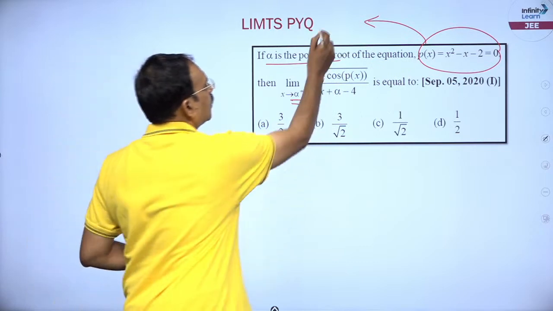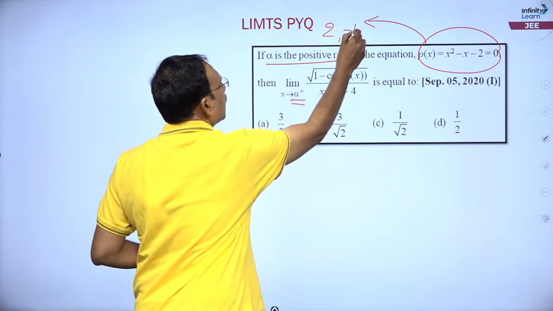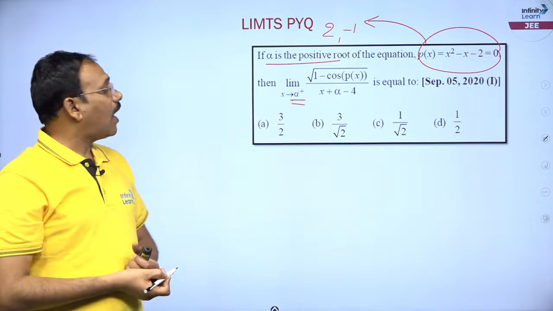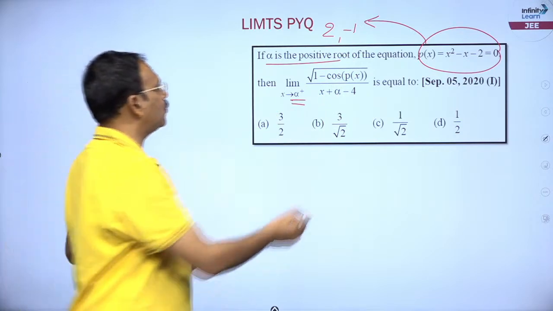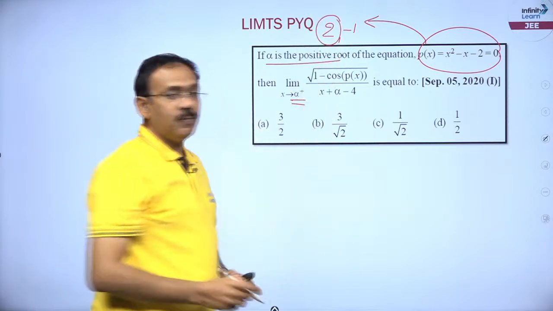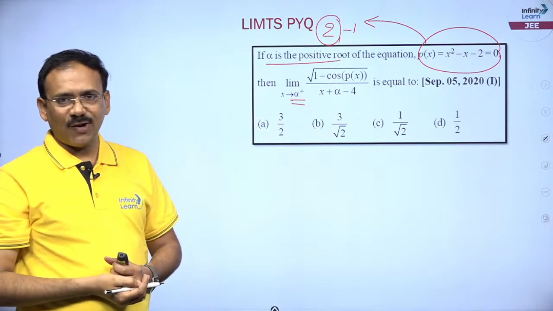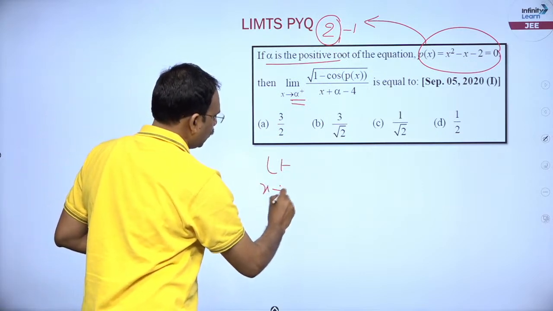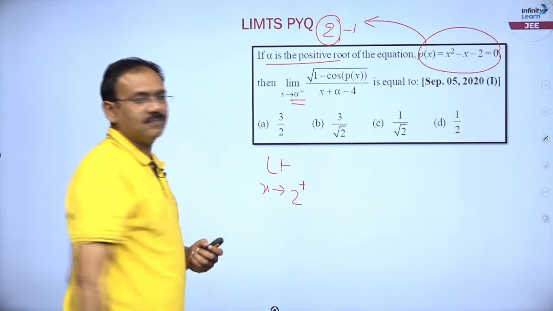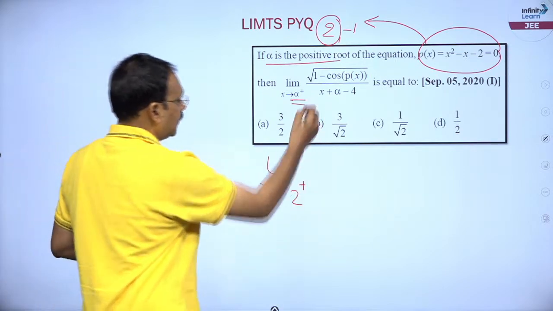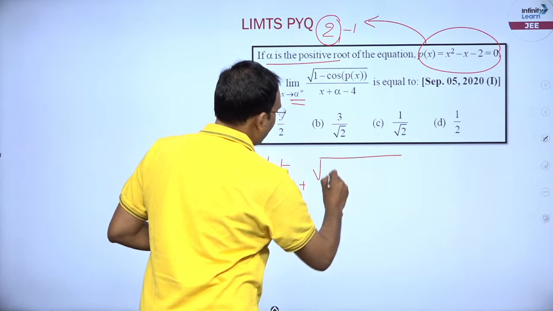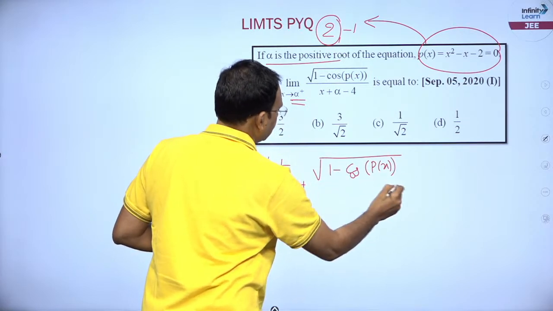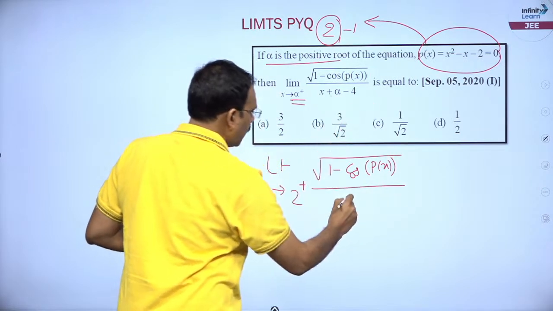Here you see the roots are going to be 2 comma minus 1. Am I correct? By inspection we can easily say the roots. Alpha is a positive root, so the alpha value is going to be 2. So the limit will be like limit x tends to 2 plus, next root of 1 minus cos of the polynomial p of x, by